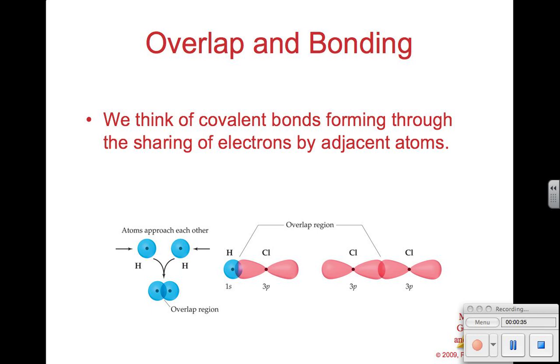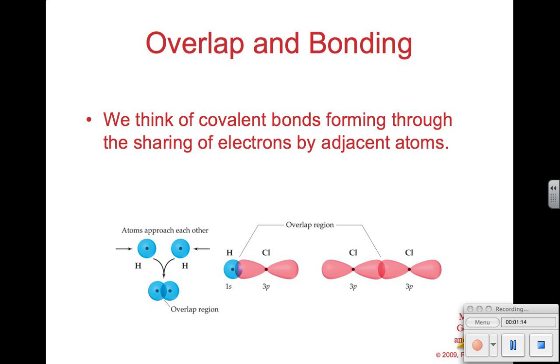So what we're going to get into is really where the s and the p orbitals, which is where those outer electrons exist, how they play into the forms of bonds that atoms have. So when you think of a covalent bond forming through the sharing of electrons by adjacent atoms, our first example is hydrogen. Two hydrogens share electrons, and hydrogens have their one electron in their s subshell, and so the electrons are being shared, but that one electron is in the s subshell, so their